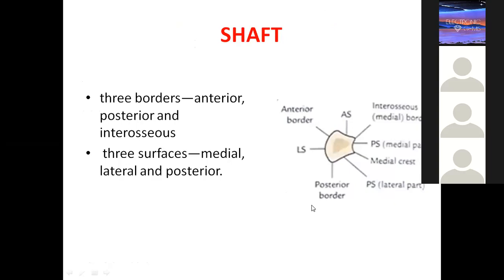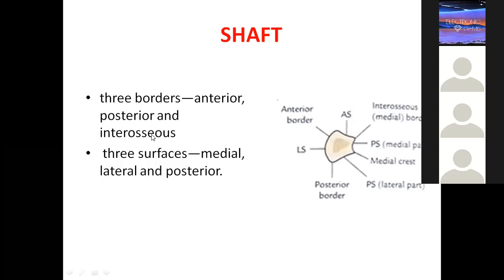Now see, already the fibula is a very thin bone, beta, very thin bone. It has three borders and three surfaces. Okay. Of course, I don't have a bone to show you, but still other bones we have seen. Now you can at least imagine that it has a front anterior border, behind a posterior border, and the medial border is called the interosseous border. Medial also called the interosseous border. Okay.